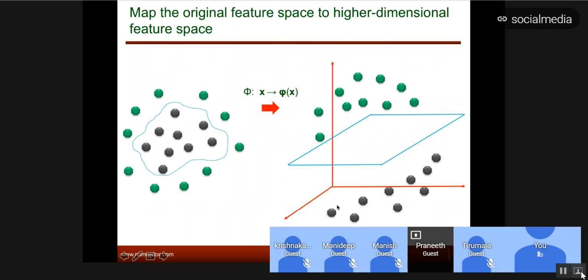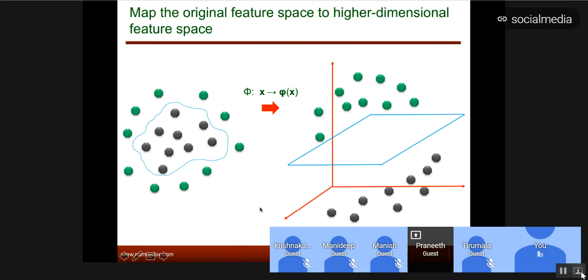So that's what's being shown in this cartoon. You take your original data x and apply another function phi on it. So you go from original data x into phi of x, which is the result of applying phi on x. So you get this newer space where you can then apply a linear SVM. Here you see this is a linear plane. It's not a nonlinear curve or a nonlinear surface. So if you have the right phi that transforms the data in a way that it's linearly separable, then you can apply the linear SVM as if it were your original data set.